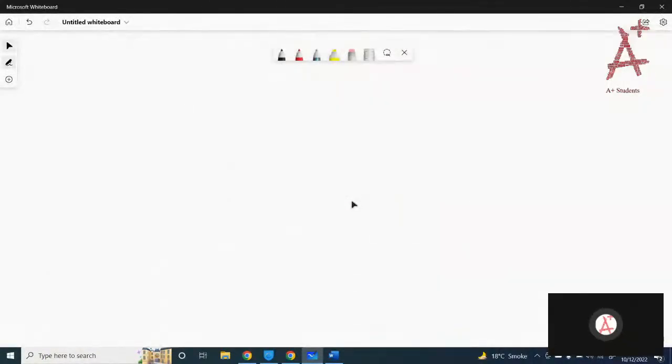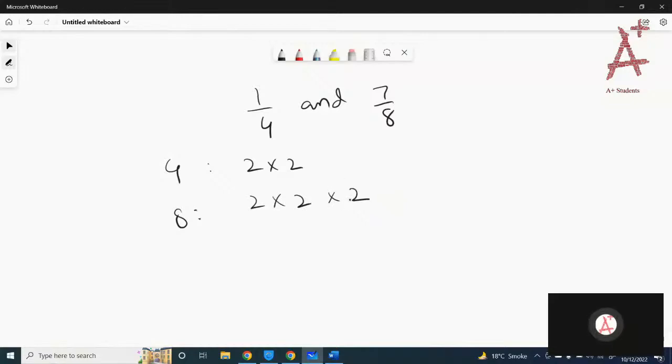Okay, the next one is 1 by 4 and 7 by 8. Just write the prime factors for 4 and 8. For 4, they are 2 times 2. For 8, they are 2 times 2 times 2. So this is common and this is common. Write once. For the one, you have to write 2 once. For this one, you have to write 2 once. And you are left with the 2 that is not common. So the least common multiple is,